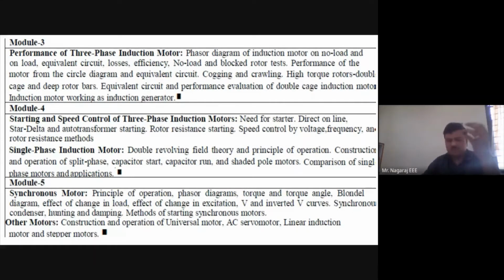Okay, see, whatever may be the type of application we are using at the end, the fundamentals will remain the same. I will show you how the fundamentals have remained the same for centuries in the forthcoming slides. So these are the 5 modules that will be covered in the entire study.